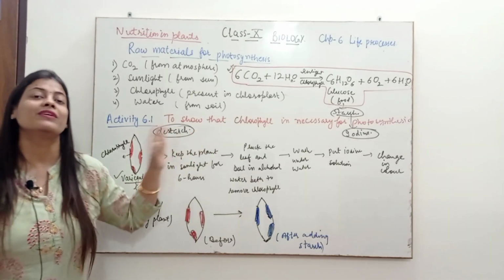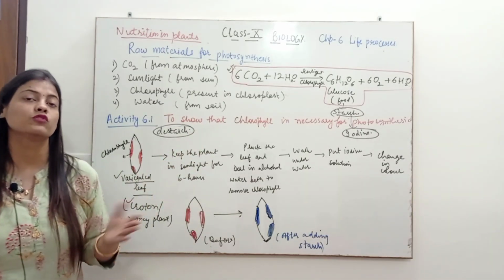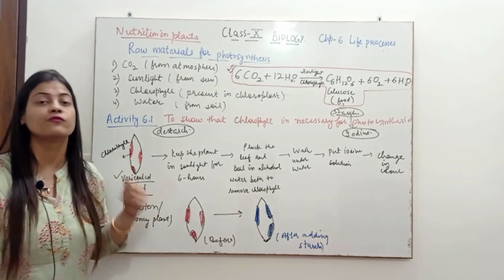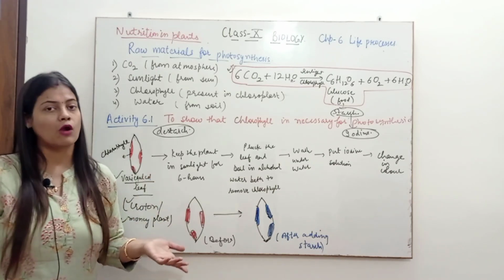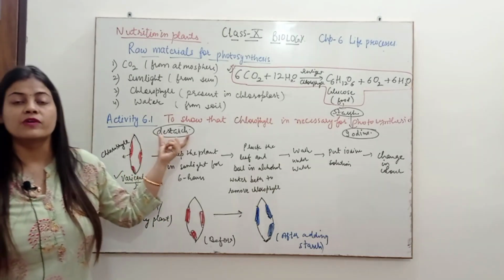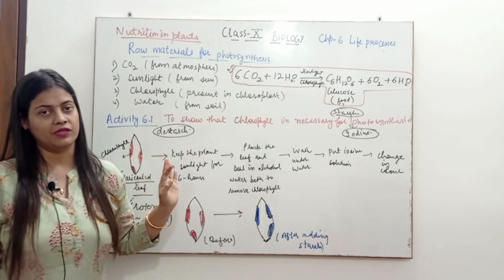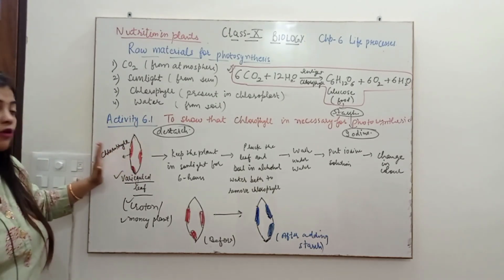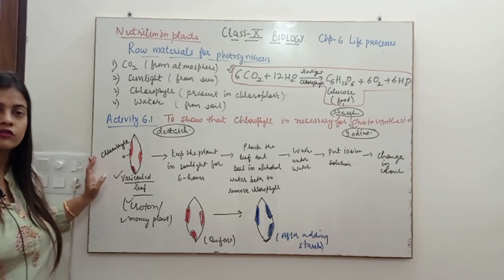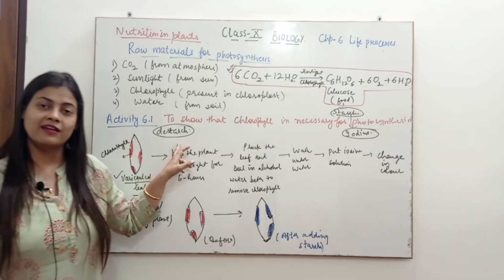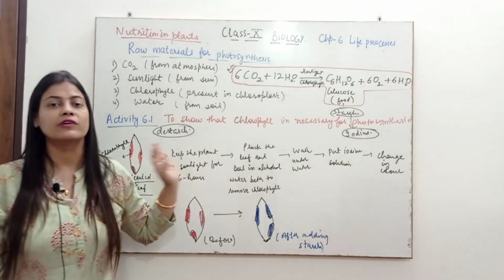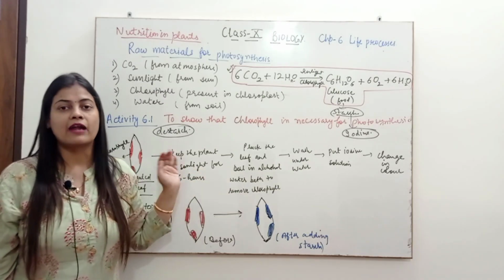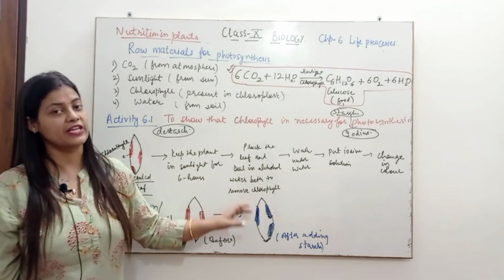For that, we will keep the plant in a dark room for 2 to 3 days, because whatever starch is already stored in the plant will be used by the plant itself for its own cells, and it will be finished in around 2 to 3 days. That is why first we will destarch the plant and then we will do any activity. Whatever activities we will conduct here, I will not mention how the destarching has been done. It is already understood that the plant is already destarched. Okay, so is it clear how destarching can be done and why it is required? So that we get 100% correct result, so that we do not confuse it with the starch which is freshly prepared by the plant.